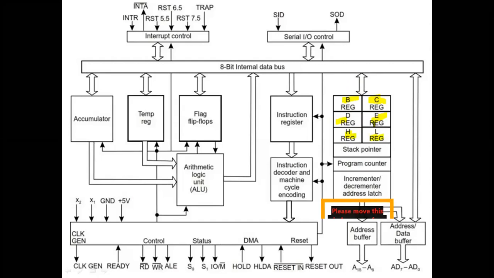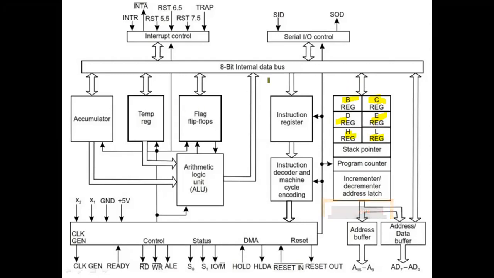All these registers are 8-bit registers. 8-bit registers means they can store 8-bit values, starting from 0 to 255. Why are they called 8-bit values? Because I can store from 0 0 0 0 0 0 0 0 up to 1111 1111. These are in binary. If I convert this to decimal, I'll get 255. So values from 0 to 255 can be stored in 8-bit registers.